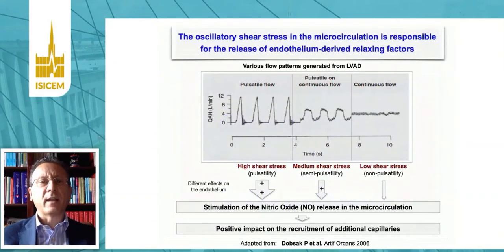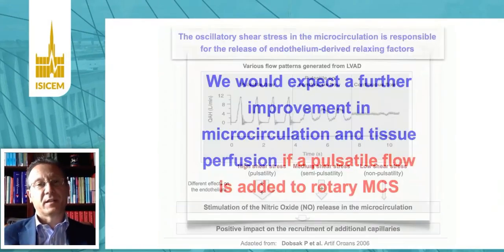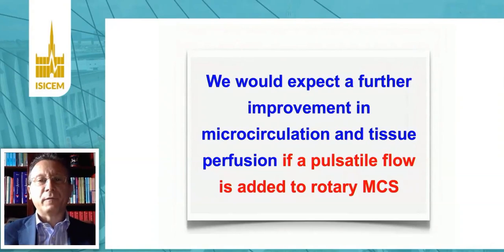In this slide, we can observe various flow patterns generated from VAD. And so the higher the pulsatility, the higher the shear stress, and the higher the stimulation of nitric oxide release in the microcirculation, which has a positive impact on the recruitment of additional capillaries. So we would expect a further improvement in microcirculation and tissue perfusion if a pulsatile flow is added to rotary